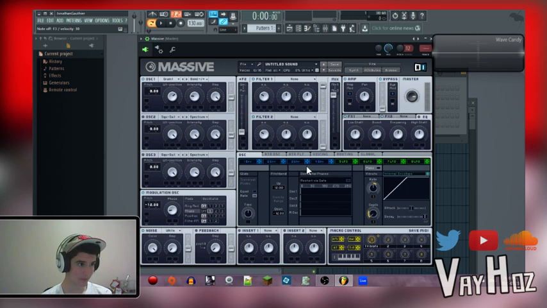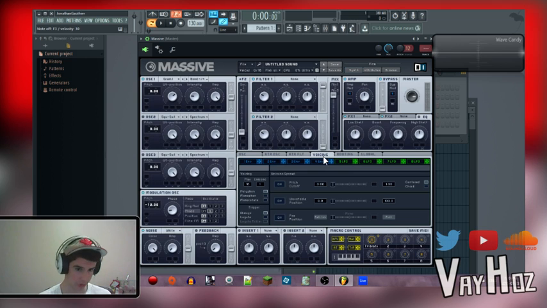And just before we continue on here, I'd just like to show you a really cool feature that you can use to widen your basses. You can do this after, before, whatever, it doesn't really matter, but just set this little unison count to 2. This adds 2 voices, so usually if I'm just playing right here with 1, there's only 1 voice of the oscillator that's playing. If you play 2, there's going to be 2 at the same time, so they'll be oscillating together,